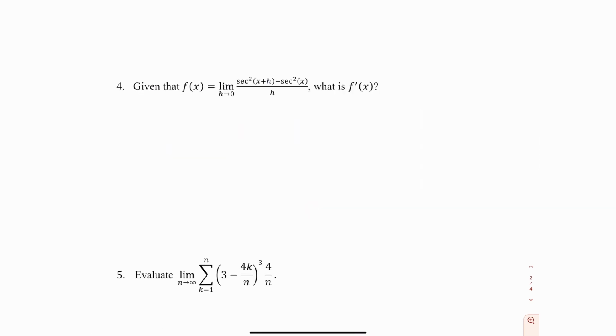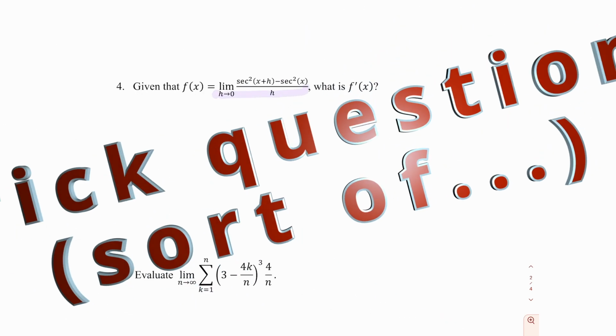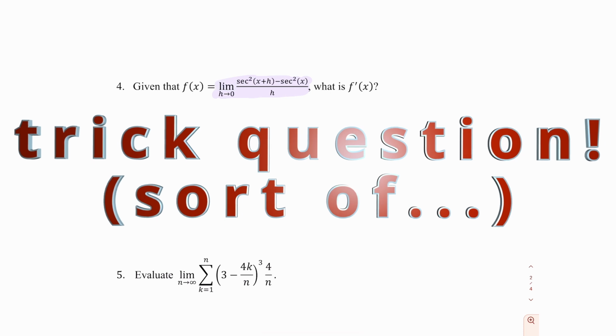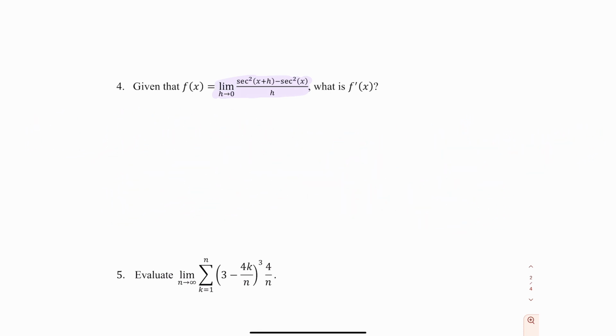All right, looking at number 4 here. Given that f of x is the limit as h approaches 0 of secant squared of x plus h minus secant squared of x all over h, what is f prime of x? So the key thing here, I think, is that this is sort of a trick question. This is the limit definition of the derivative. This is already the derivative of secant squared of x,